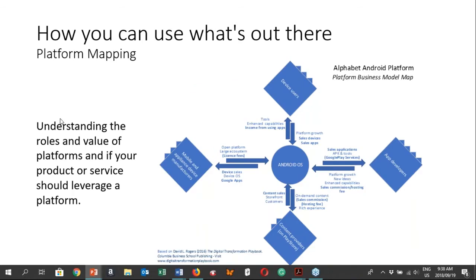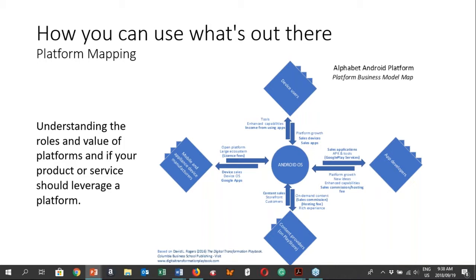So most probably financial services would be an example where this technique can be quite useful. The next technique, and there's a ton of these techniques and tools, guys. We can't cover everything. I'm just showing some of the things that I think are important, which is to understand platforms and the role that platforms play in the new economy.